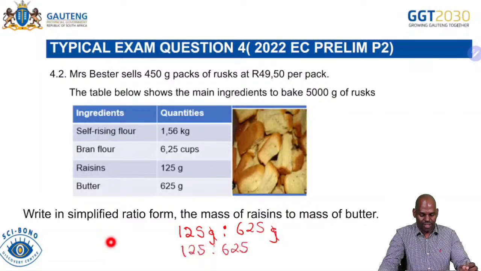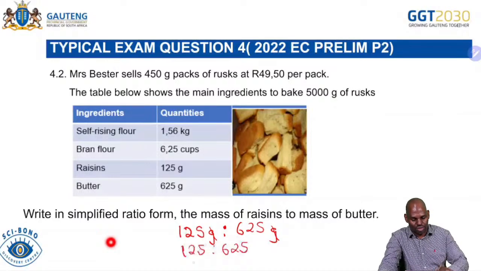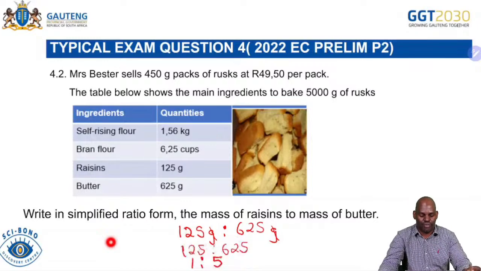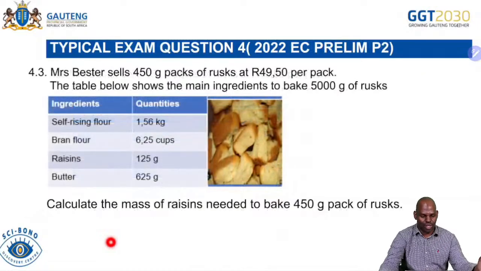Then we simplify. Simplifying means we can divide by 125. 125 divided by 125 obviously is going to give us 1, and then 625 divided by 125 will give you 5. So the simplified ratio is 1:5. So that is how easy it is. Then the next one is